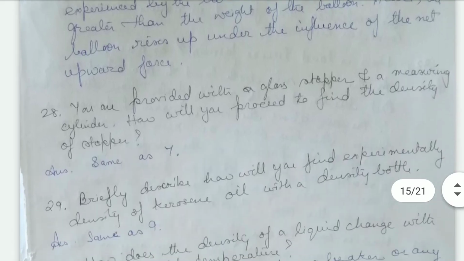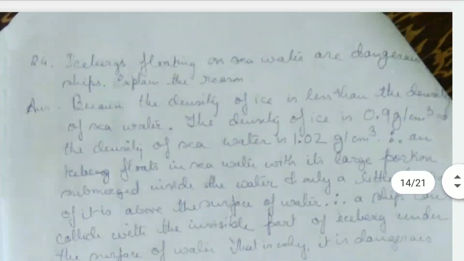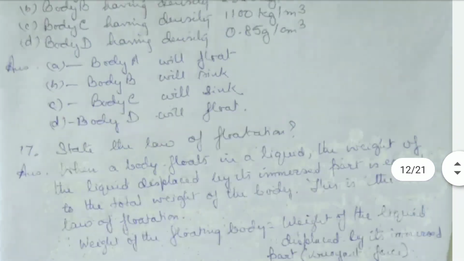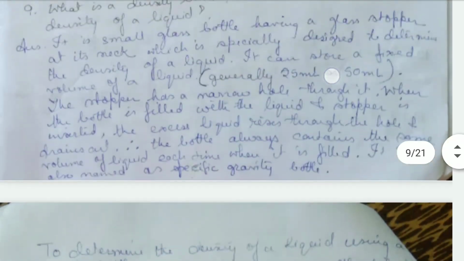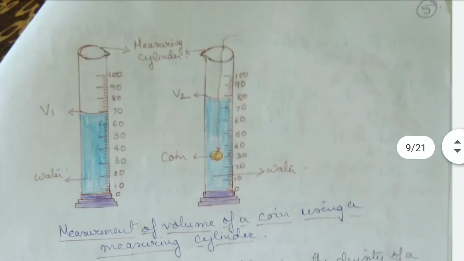You are provided with a glass stopper and a measuring cylinder. How will you proceed to find the density of the stopper? This is the repetition of question number 7. In the same way as we measured the coin, first we should take the mass of the glass stopper by a physical balance,